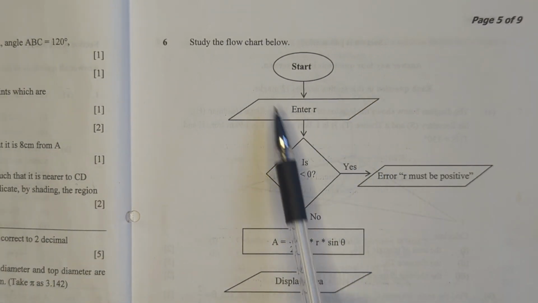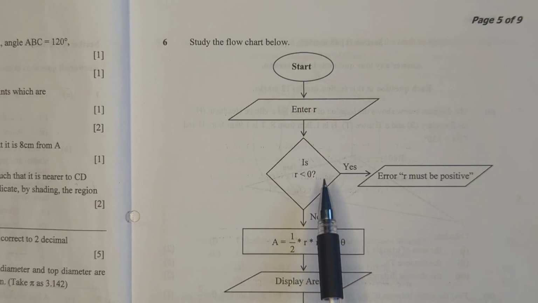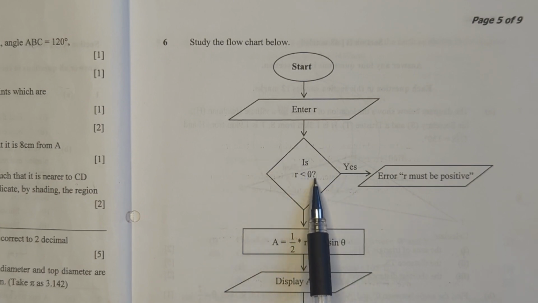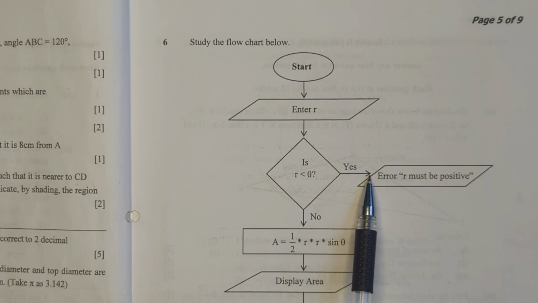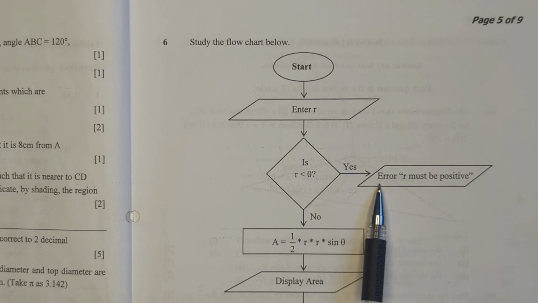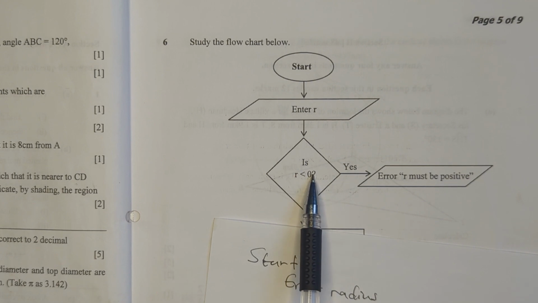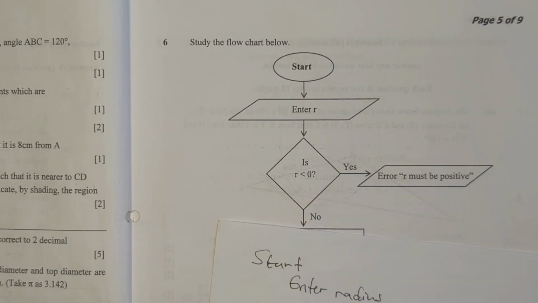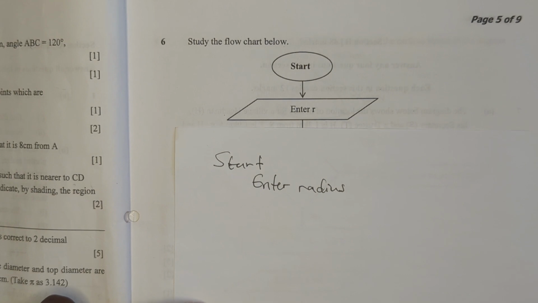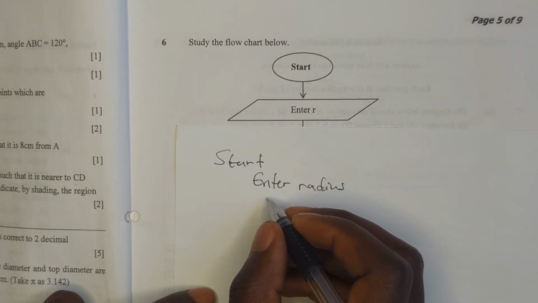After the parallelogram we have the diamond shape. This is a decision shape, and inside it we have a condition: is R less than 0? If it is less than 0, yes, it agrees, and you have to display error, which is R must be positive. When writing in pseudocode, since the statement is asking is R less than 0, you start with if